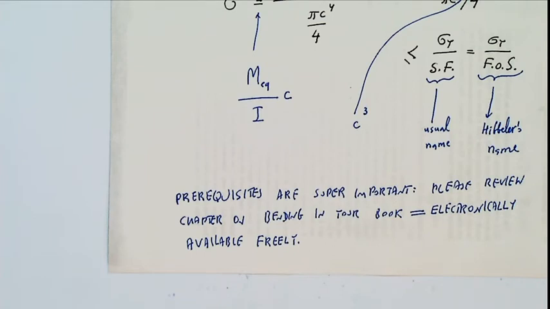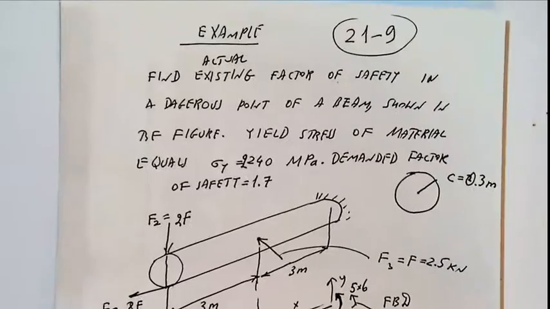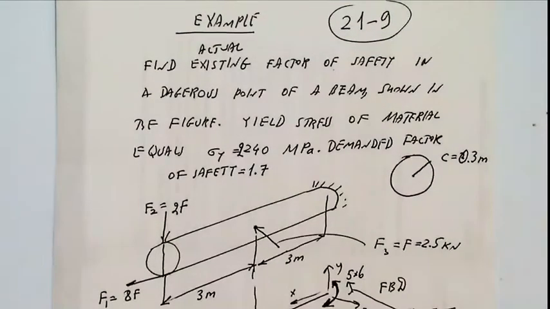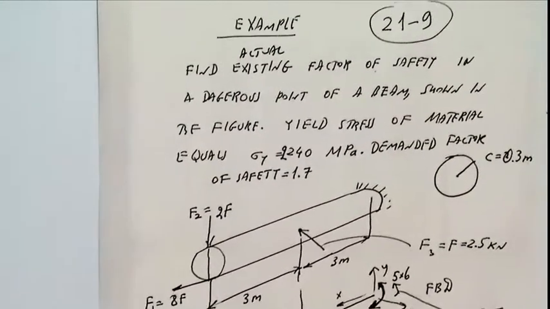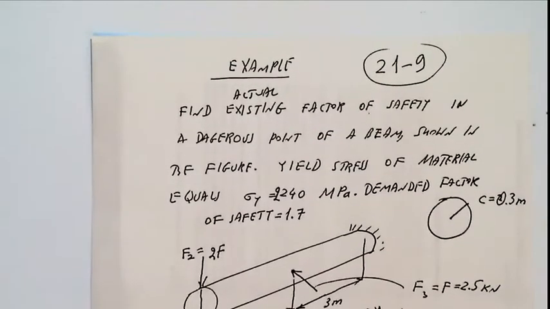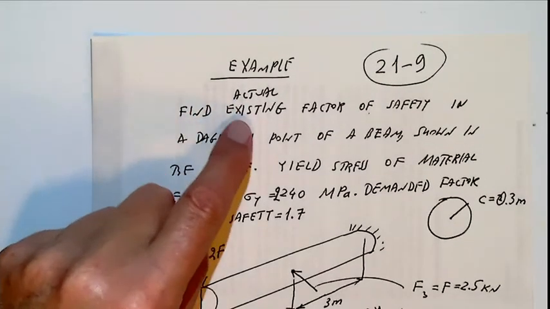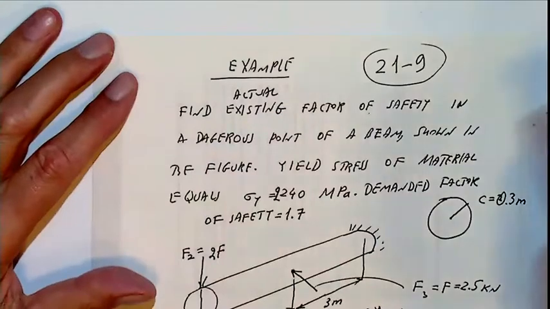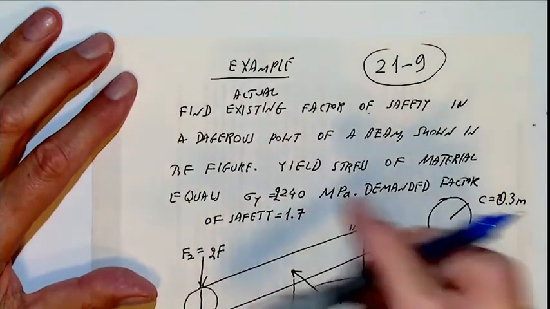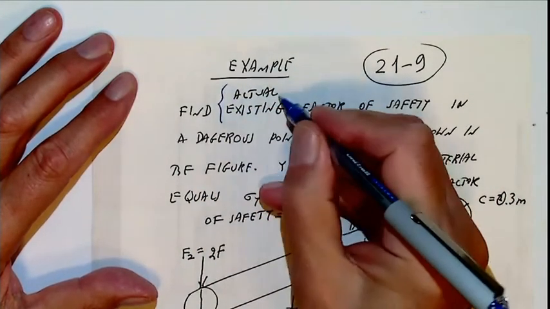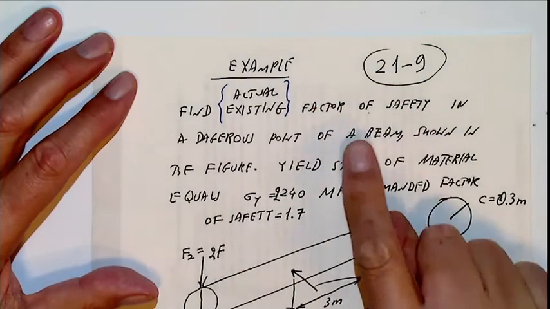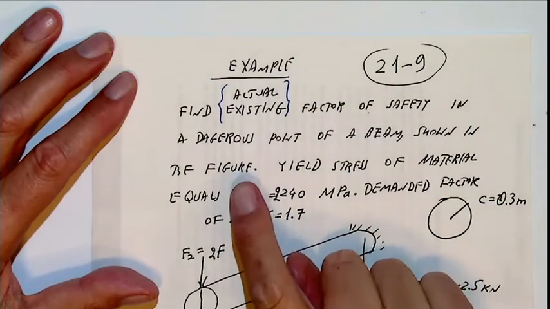Okay, I'm continuing further. I will consider some examples. Today I'm doing lots of examples. Example: find the existing or actual factor of safety in a